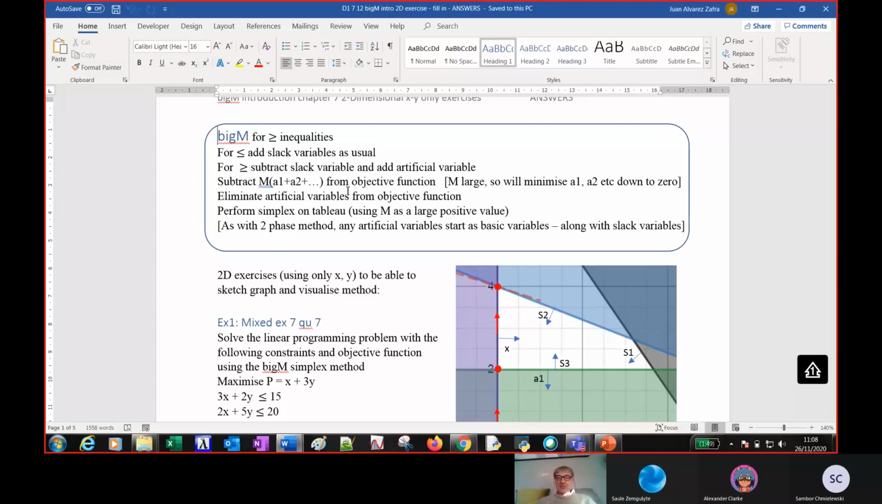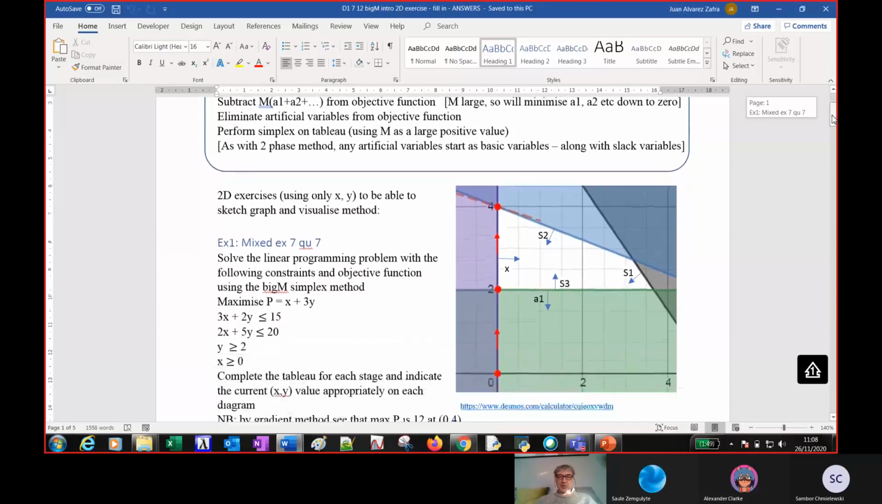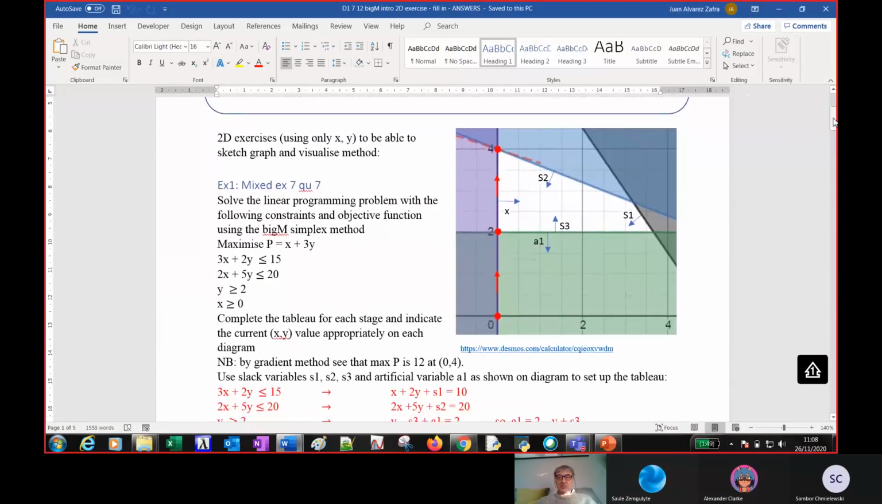Okay, so I'm now going to start looking at this particular rather easy example and hope that you can generalize to example 2, and then you can generalize when we don't have the graph of the situation. Can you see here, we have the same inequalities: 3x plus 2y less than or equal to 15, 2x plus 5y less than or equal to 20, y greater than or equal to 2, and x greater than or equal to 0. So the first two